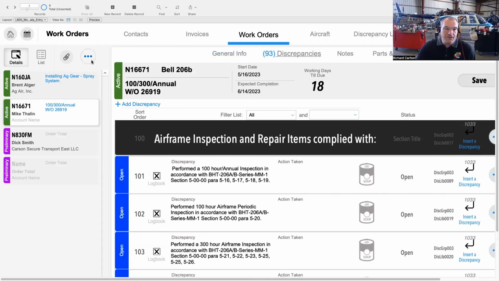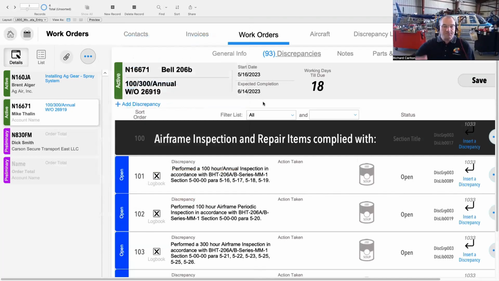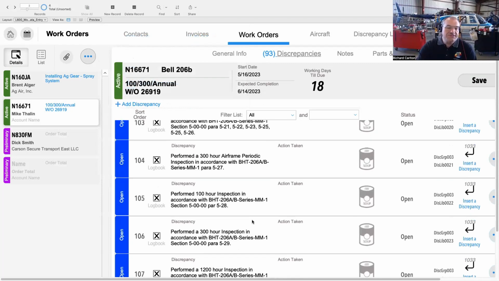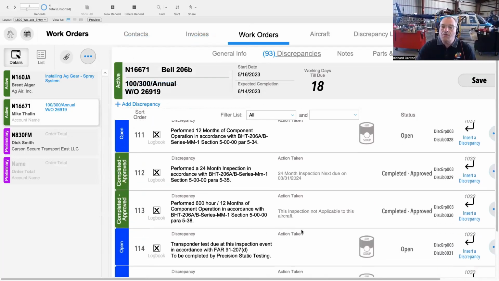So I could go on the system and say, load a pre-canned set of discrepancies. These are the ones that you expect. So it puts in like 50. Well, there's another 40 little small things that they discovered so far that have to be remediated, right? So once again, this is the NIC interface, but I've dumbed it way down for someone like me,